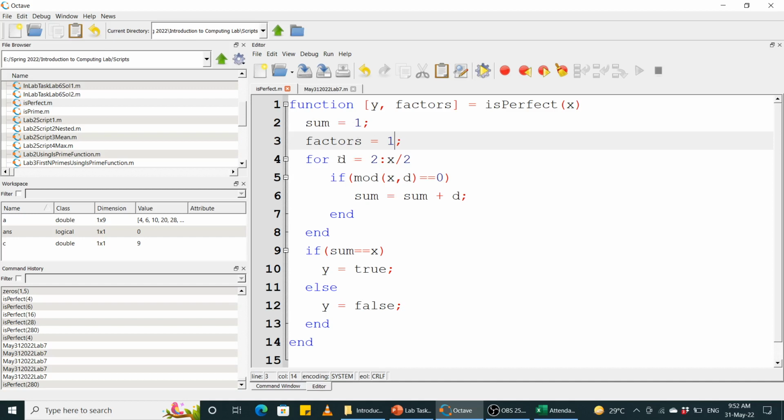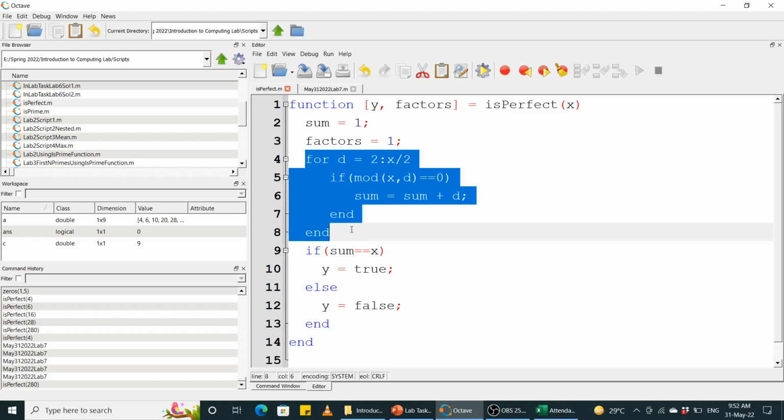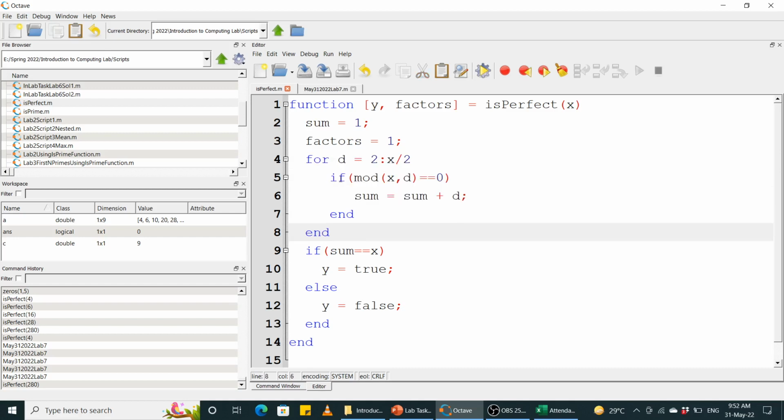ठीक है? And here again we would find the remaining factors. 1 का तो हमने कह दिया कि 1 is a factor, तो 1 को हमने फैक्टर्स की वेक्टर में डाल दिया है। अब 1 के अलावा बाकी फैक्टर्स मालूम करने हैं, तो वो 2 से फिर स्टार्ट होंगे, 2 3 4 5 6 7 अप अंटिल x बाई 2। तो हमने फिर वो वाले फैक्टर्स मालूम करने हैं और उसके लिए फिर ये लूप चलेगी।